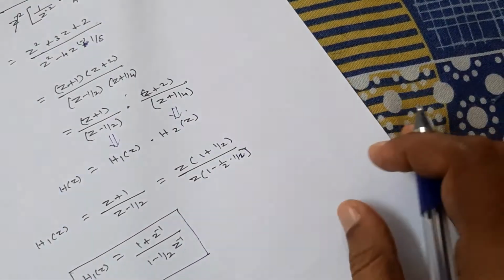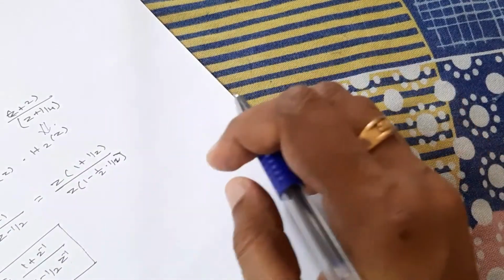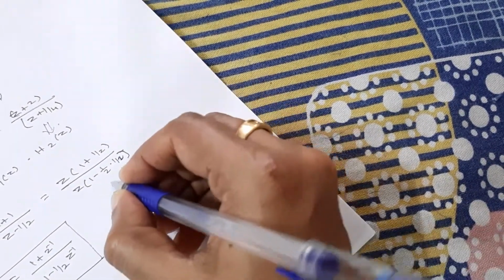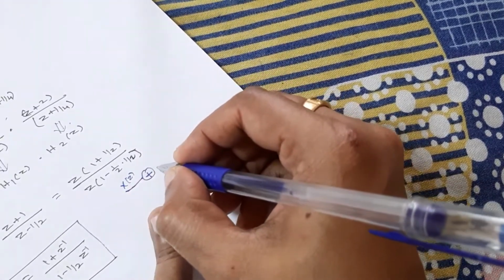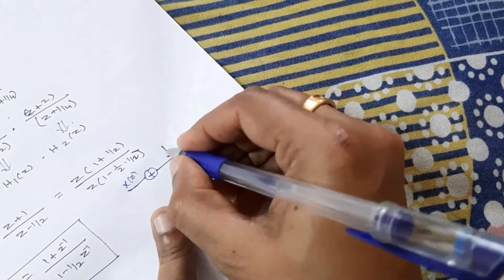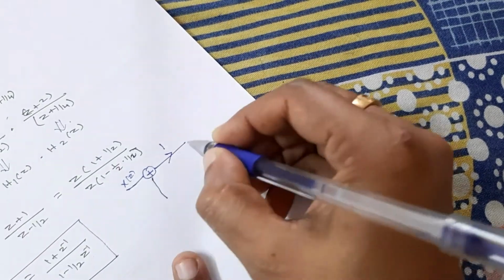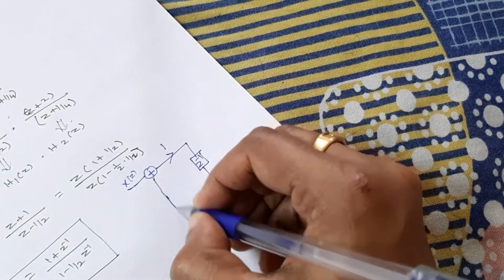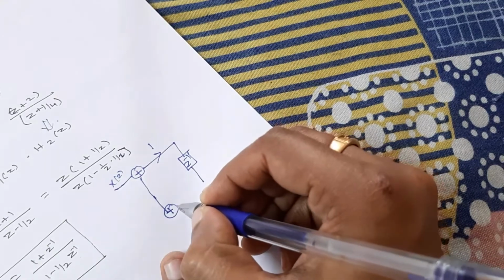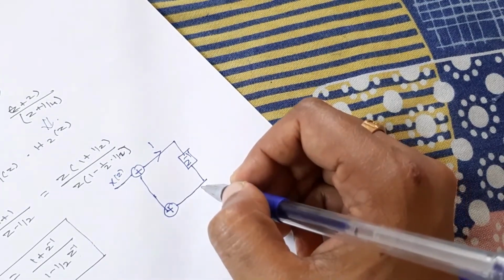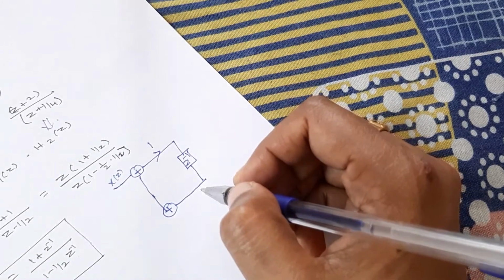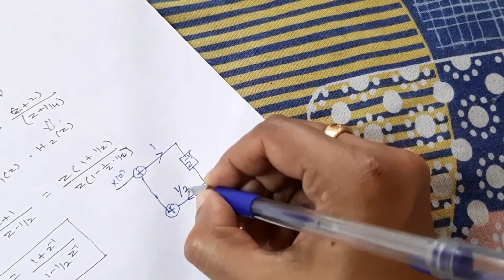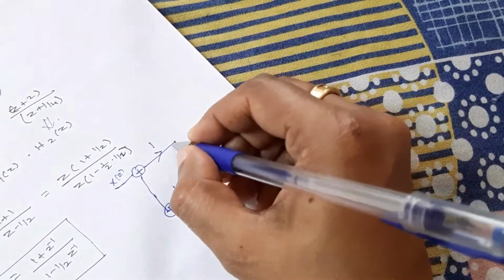So how will you draw h1 of Z? What will be the block diagram for h1 of Z? So we have to draw it in direct form 2. So first here the input is x of Z, okay, x of Z, and here the denominator value, what is our denominator value? 1, okay, so here 1 delay, that is Z power minus 1, okay, here another adder, then what will be our other value? The denominator value is minus 1 by 2. Okay. So minus 1 by 2 means here we want to write it as a positive term because we draw in the opposite direction. So 1 by 2 is that inverse. Okay. So it is the output.